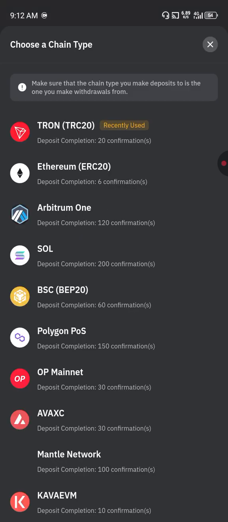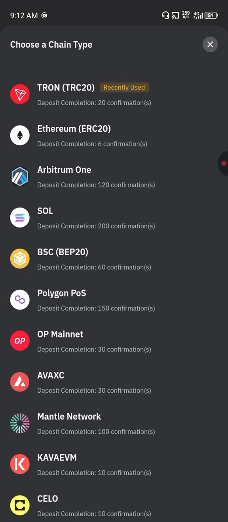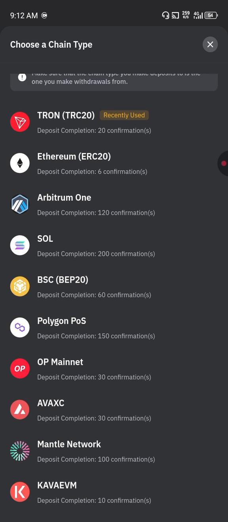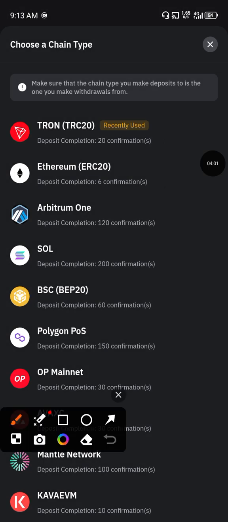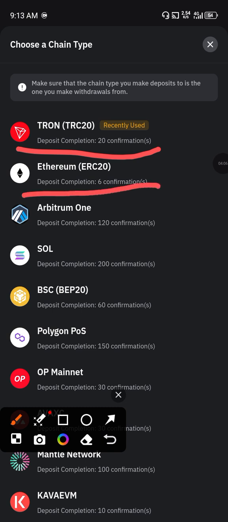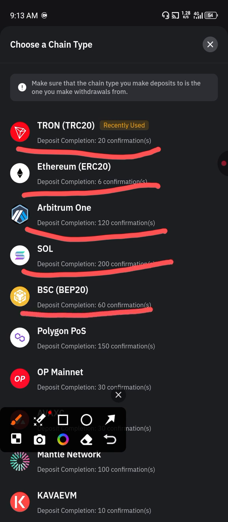So it will prompt you to select the network that you want to receive your cryptocurrency on. As you know, crypto has different networks. We have the Tron network. You can see we have the Tron network, the Ethereum network, which is ERC20, Arbitrum One. So this is Binance Smart Chain, also known as BEP20, Polygon, or Proof of Stake, depending on the one that